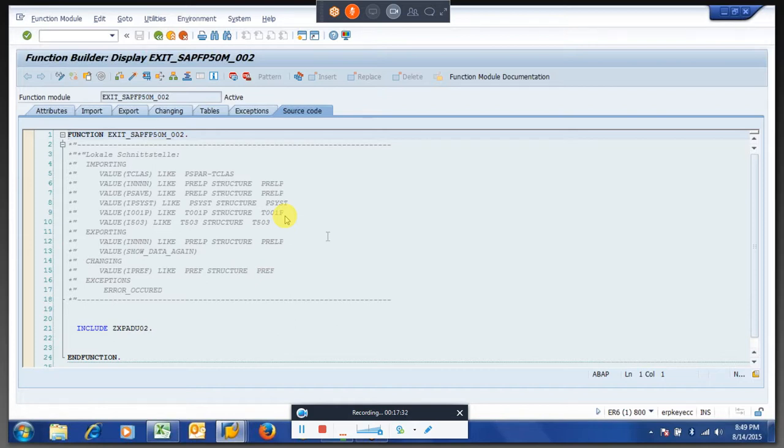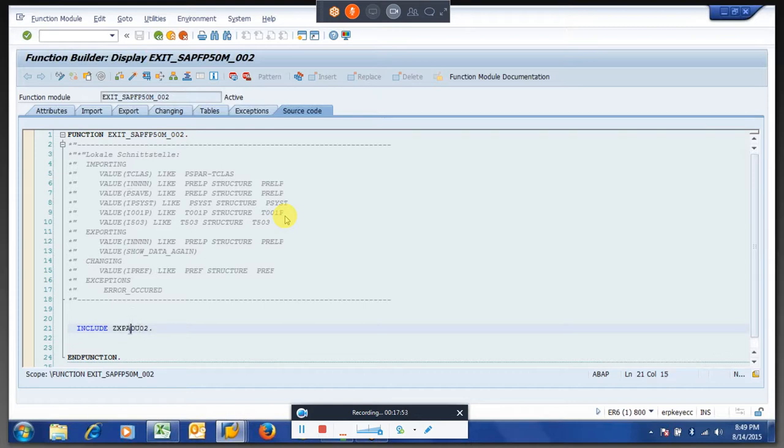Okay, I will do everything with dynamic actions itself, I don't go for an exit, because dynamic actions will be in our hands, functional guys. If something goes wrong, we can go and do something to the dynamic action. So this will be the exit, and there will be an include which is not active and not created. This is given by SAP itself.